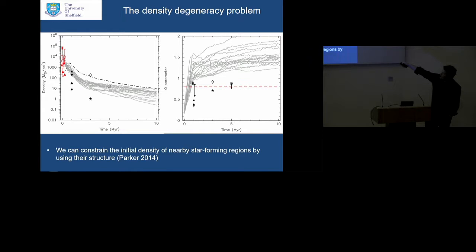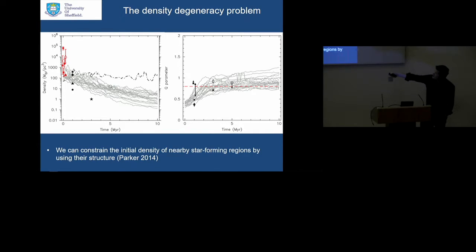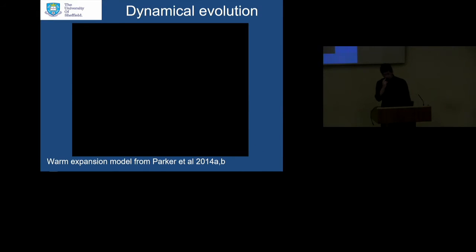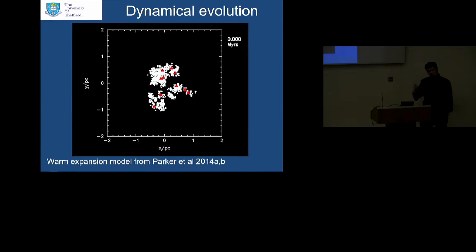Apart from perhaps this point here, that's the Orion Nebula cluster that I showed earlier on in the talk. So in the local solar neighborhood, we're probably looking at half of all star formation occurring in moderately low density initial conditions. And just to demonstrate this point a little bit further, if I start with lower initial densities to begin with, then the simulations are much more consistent with the observed star forming regions in the local vicinity of the sun. So that's one diagnostic that we've been exploring, but that just quantifies the evolution of one type of initial conditions for our simulations.